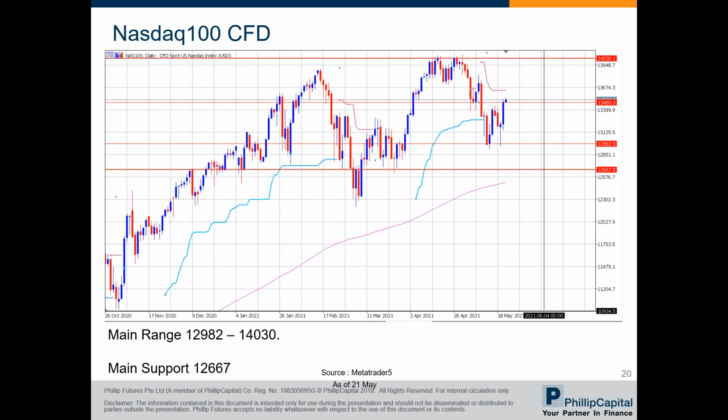So the main support is at 12,667. It will be a phase change to a deeper correction if this breaks. And if that does happen, which is unlikely at this moment, because the 200 MA is still very far away. Usually we use the 200 MA shown here as the telltale sign that the trend has reversed. So this has not been reached. So the likelihood of moving further upwards to test this resistance is higher as buyers are in control right now. So that's for the Nasdaq 100.